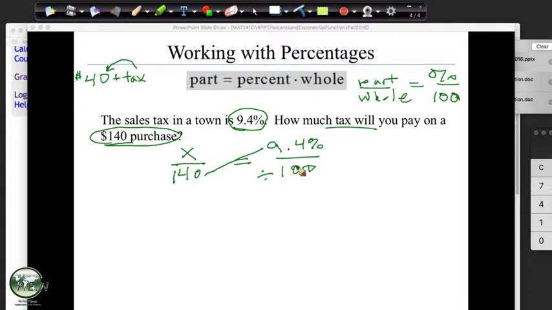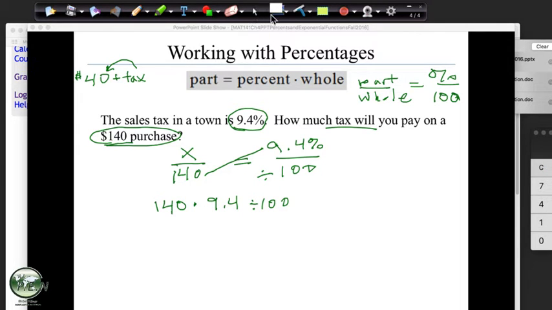So when we look at this relationship, 9.4 is less than 100, so this fraction has to have a smaller top than a bottom. If this was like 194%, where the top was bigger than the bottom, then we would also say the top has to be bigger than the bottom of the other one. So these are proportional. So we just go 140 times 9.4. And notice with this method, we don't have to worry about moving decimal places, which I find can be very confusing, or can be the area where the problems are caused.